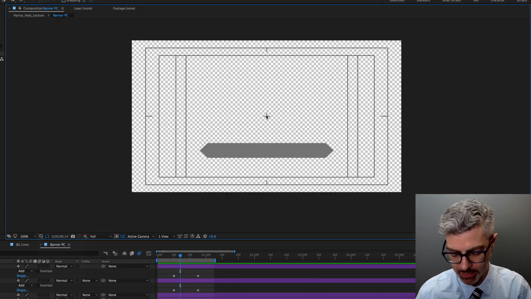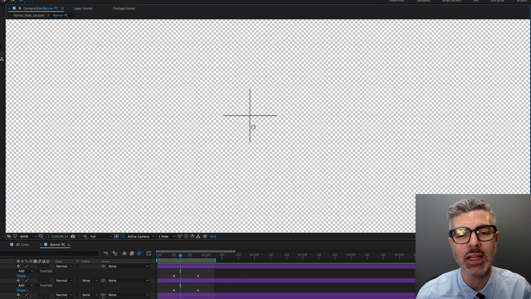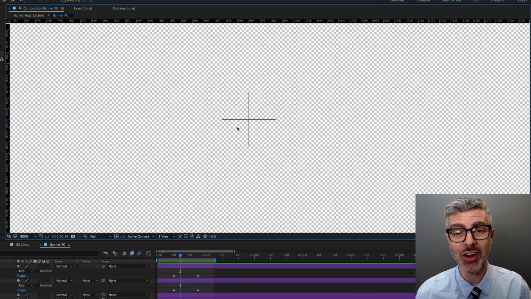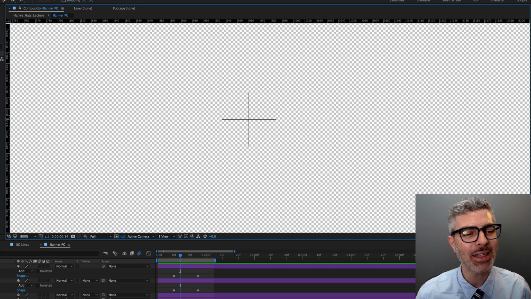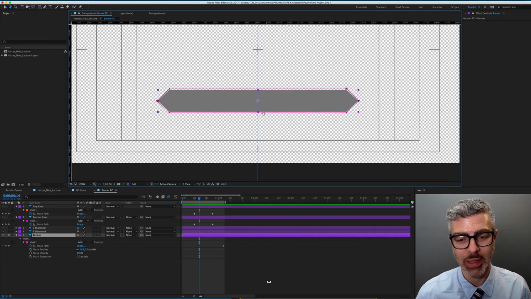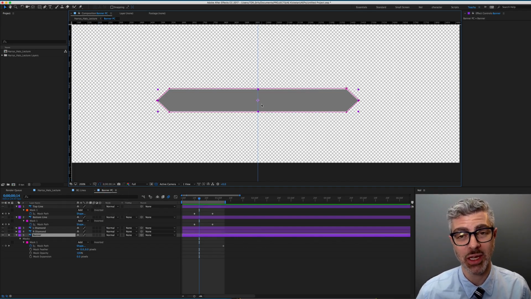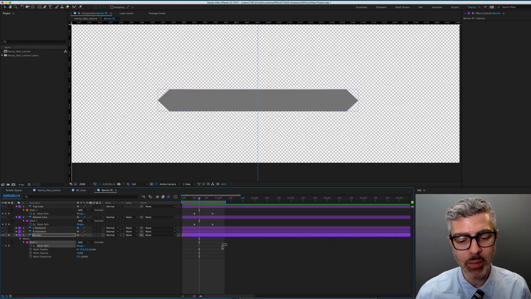So I'm going to zoom in. I'm going to press Command equals or Command plus to sort of zoom into the center. And I'm going to press Command R to show my rulers. And I'm going to grab from here and pull a ruler and set it right exactly at the center. So now I have a nice guide that I can work from. And I can actually turn this title action safety off now if you find that distracting, which I do. Now I've got my mask